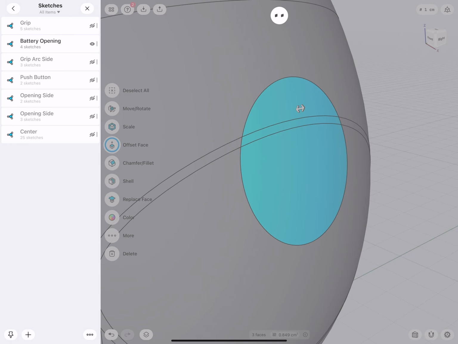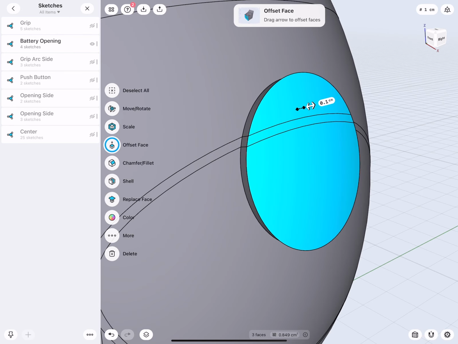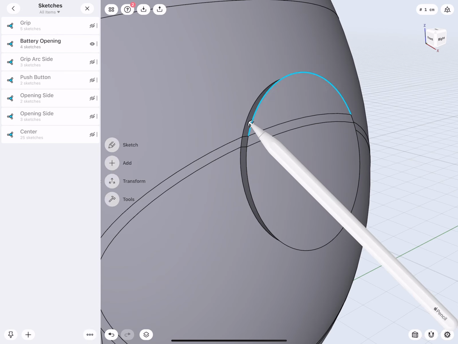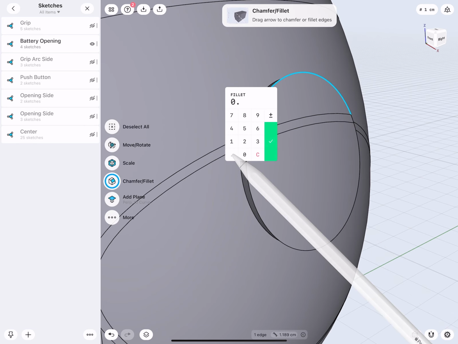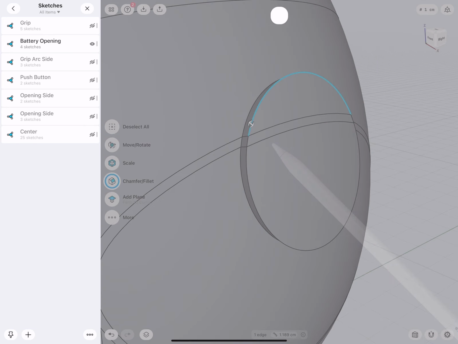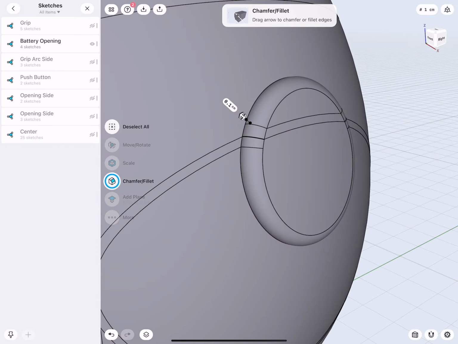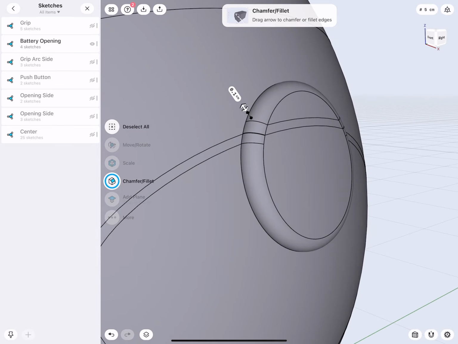I will extrude this out 0.1 centimeter. Then I can round this by the extrusion height. And this basically makes a fillet that sits on the surface.